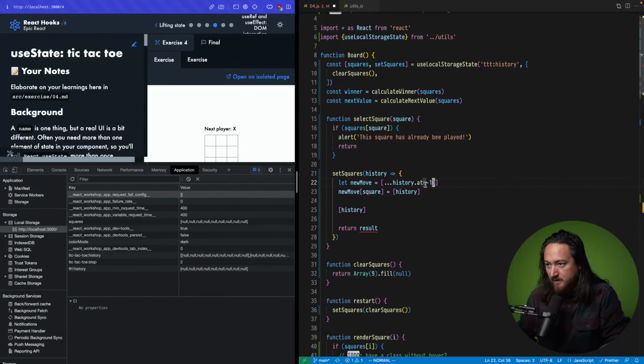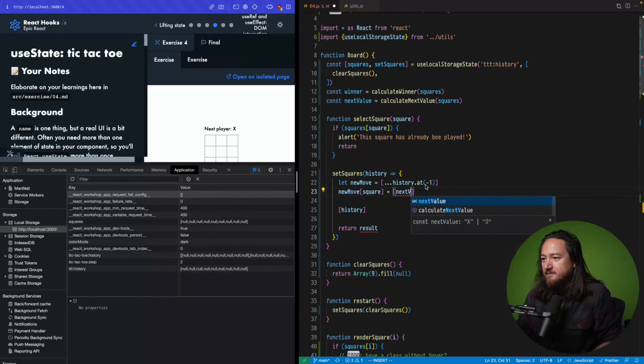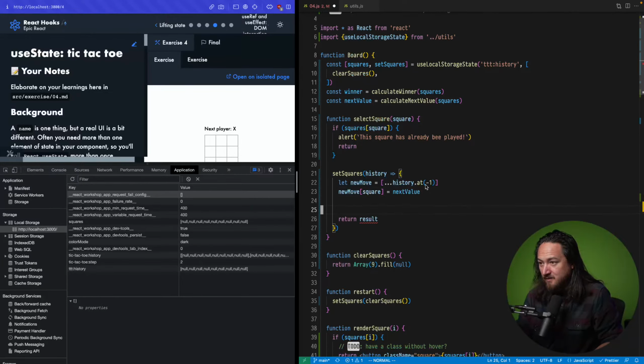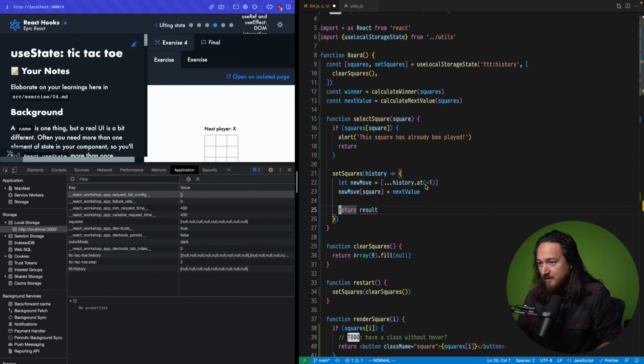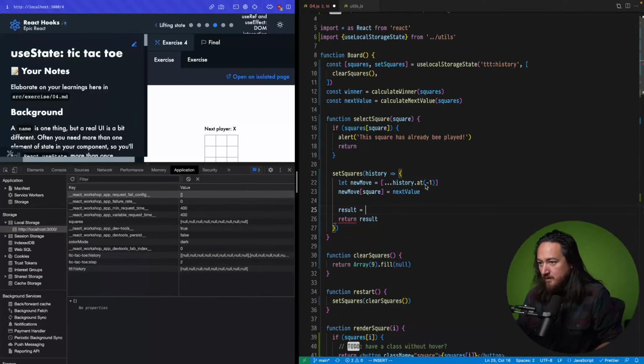And then we're going to take new move of square and put our next value in it. And then the result will be